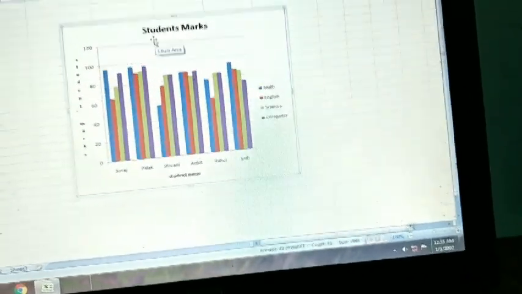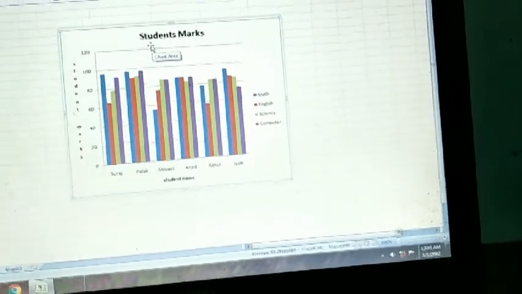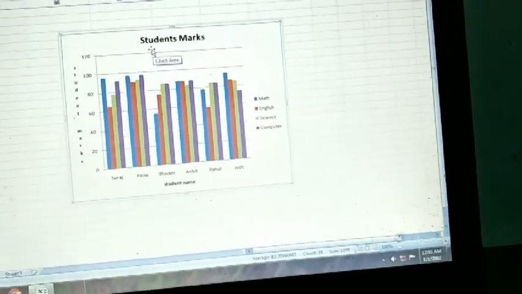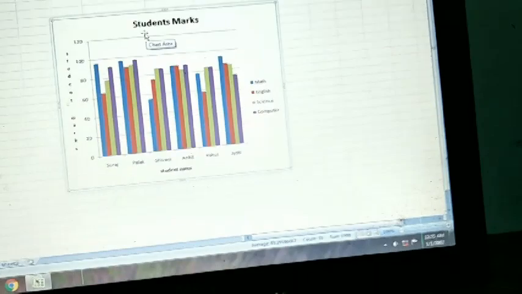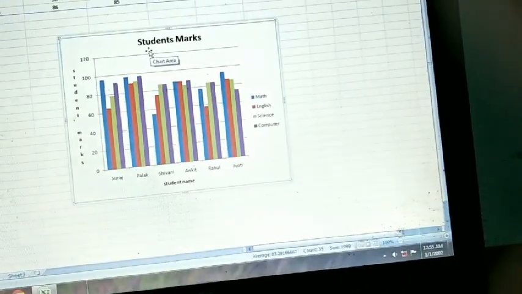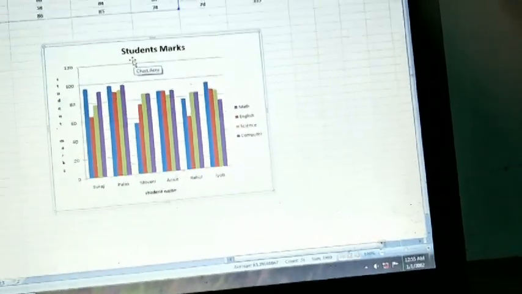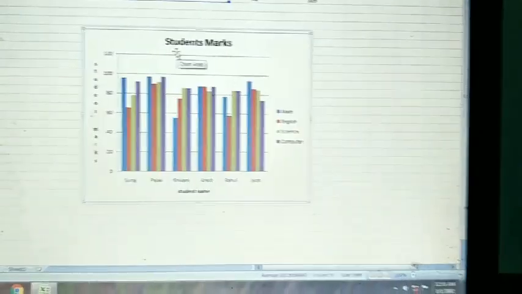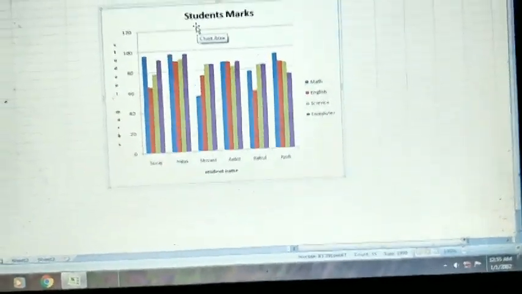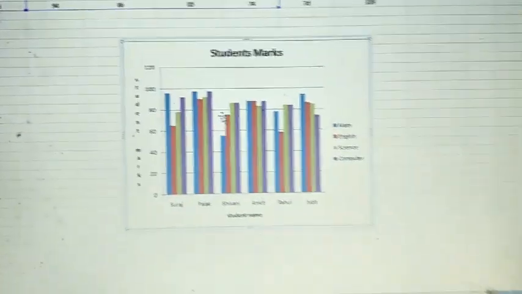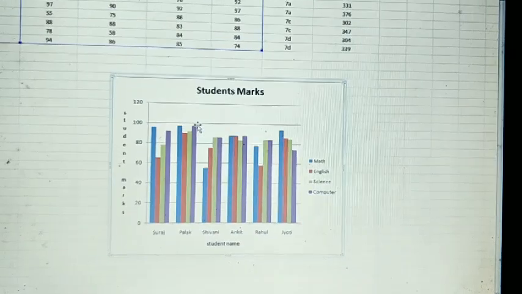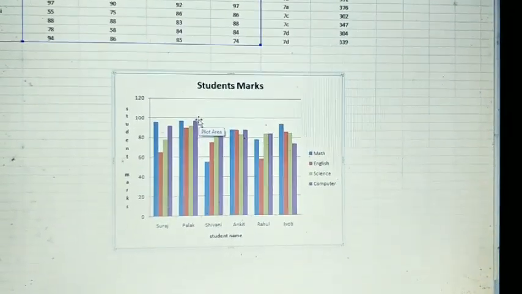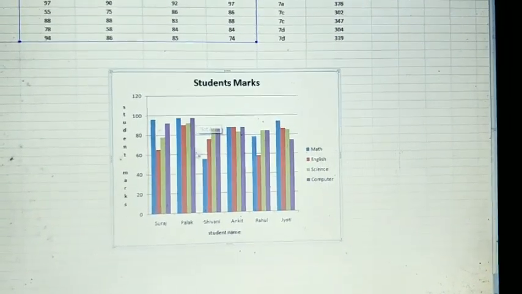Okay, the grid lines are horizontal lines and vertical lines drawn on the plot area, and the grid lines make it easy for a person to read the charts. And you can however hide the grid lines if you so desire. Means if you do not want to display them, you can also hide the grid lines. Okay, but if you want to display them, by default you can see them here.